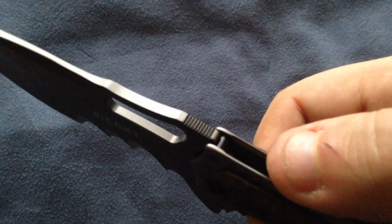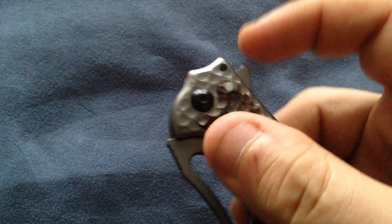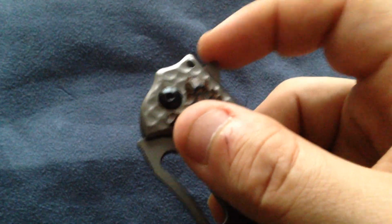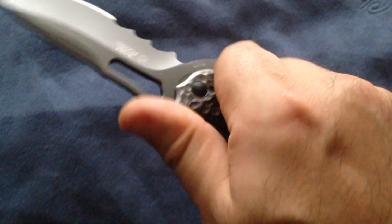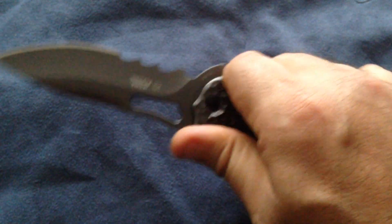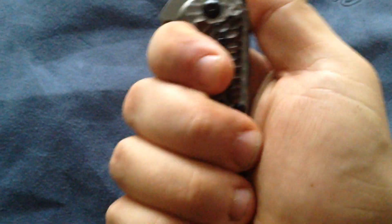Here you have a small jimping, but that's very effective. Here also you have the jimping of the flipper, which is a very small flipper, but more than enough. It's useless as a flipper, but when it's open as a guard, it makes for a good grip, and also good grip here. So I would say that for a lot of EDC tasks, you have a very nice knife. I haven't tried this knife, but having it in hand like that, I can tell you that the feel of it is just